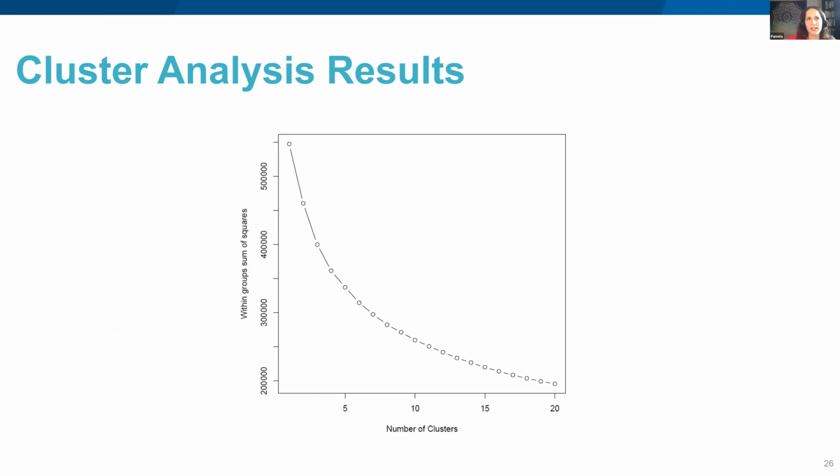So here's the scree plot that we got from our analysis. With the scree plot, along the y-axis you have the within-group sums of squares plotted. Along the x-axis is the number of clusters. What you'll see is that as you extract more clusters, the within-group sums of squares will go down, because the whole point is to minimize within-group sums of squares. But you're looking for a place where that levels off and you're not really getting any more bang for your buck. So we landed on solutions of 10 through 15 clusters to focus on.